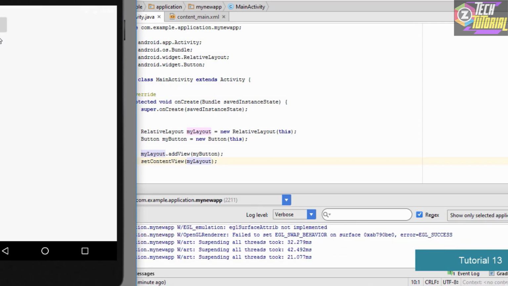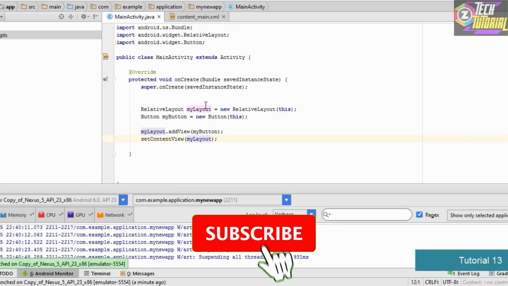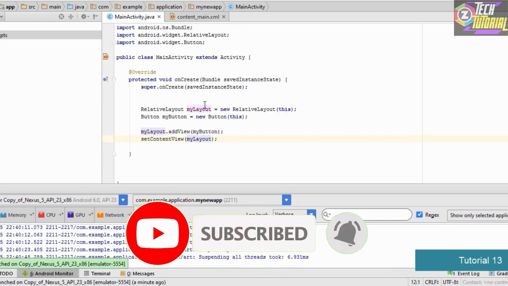So basically what we have learned in this tutorial is how you can use Java code to design the user interface. We have gone through the very basic part: we have just studied how to add a simple layout to your activity, how to create a button, how to add the elements into your layout, and finally how to set the content view to the current layout. So make sure that you implement this code in your Android Studio and also make sure that you delete the unnecessary code so that it avoids confusion and you can understand the code in a much better way.